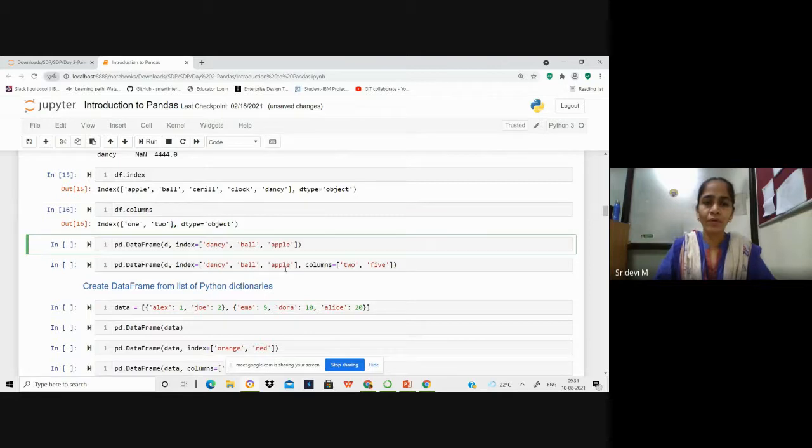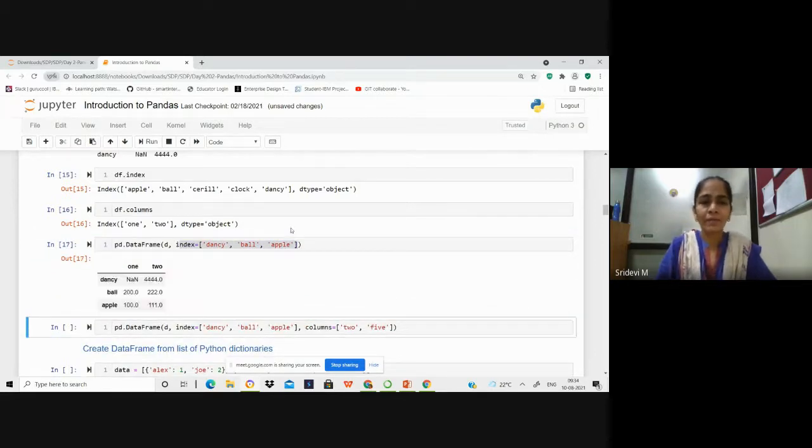Now, in this data frame, if you want to take the index Dancy, ball, and apple, then you can mention the index names Dancy, ball, and apple. Only those index names will be extracted from the dictionary while being converted to a data frame.